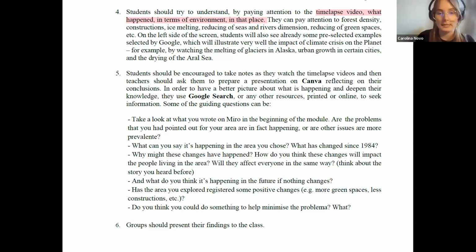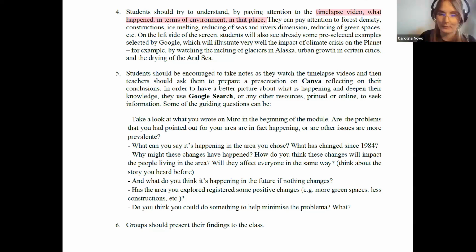So they then present to the students the area that they explored, what happened in those years, what has changed since 1984, and why do you think that happened? How do you think it has impacted the people living there? So it also connects with the story. And what do you think will happen in the future if nothing changes? So it gives them a reflection.